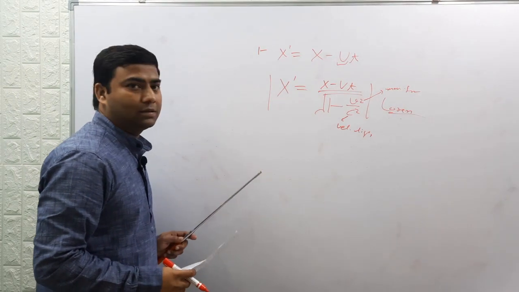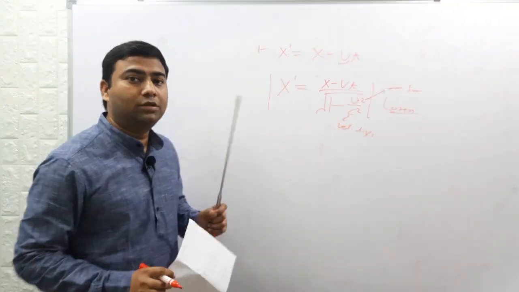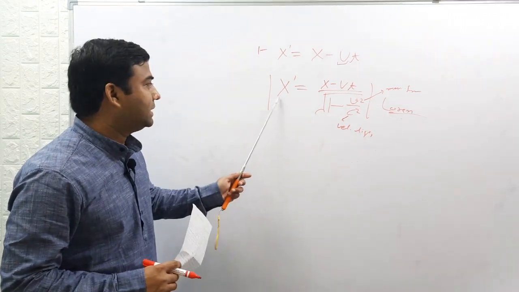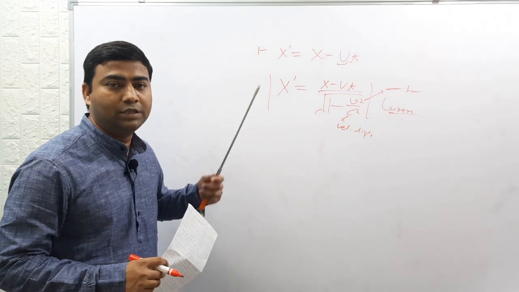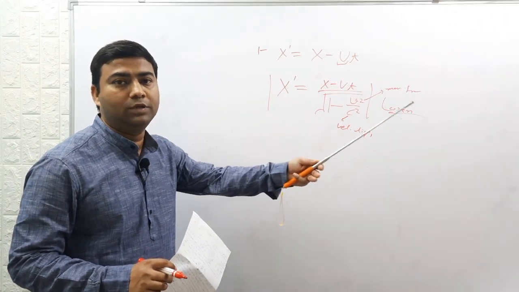This phenomenon at relativistic speed is called length contraction. So this is the Lorentz transformation, used for frames moving with velocity close to the speed of light,